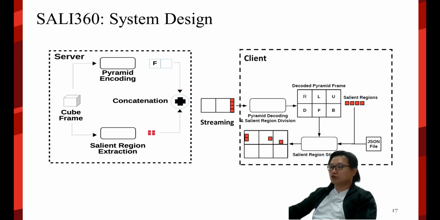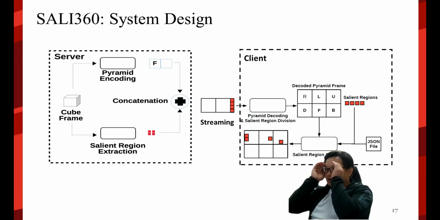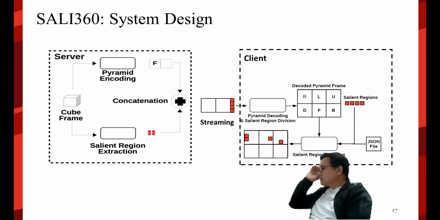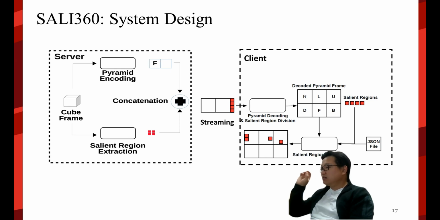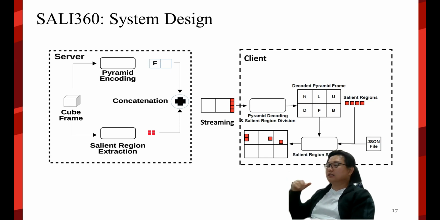decoded to the cube map, and the patches are patched on top of it, which means where I'm looking at is high quality, turn around. So some points are more salient than the others, and those patches are patched with the high quality. So it takes some time to perceive, oh, it's a low quality, which means because I'm seeing first the 3